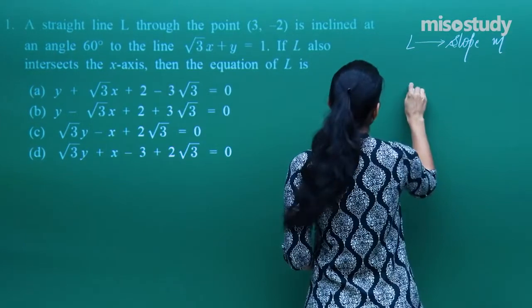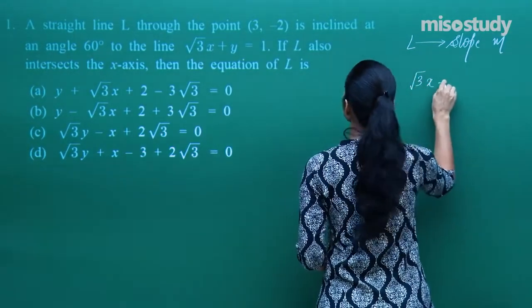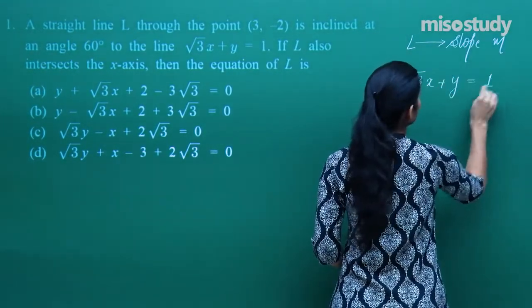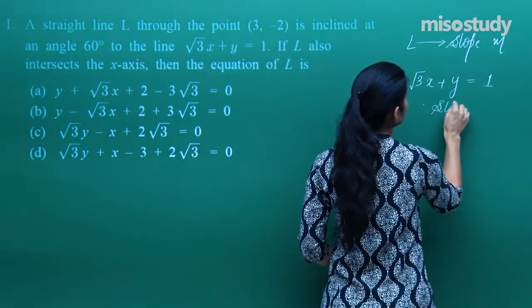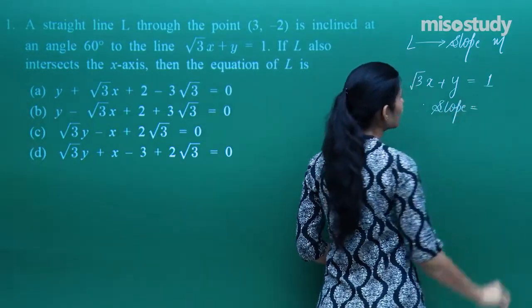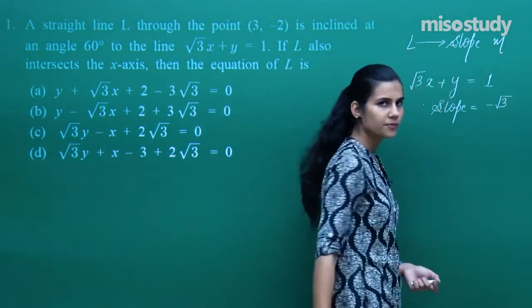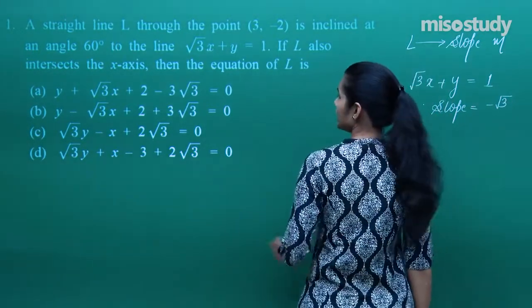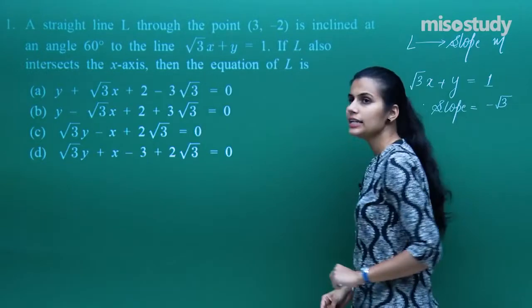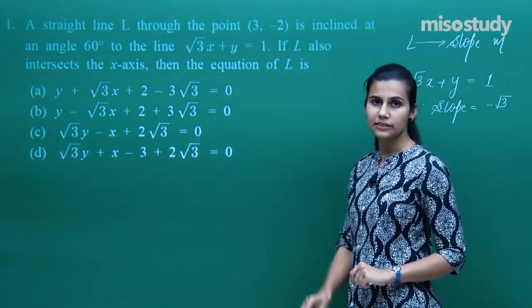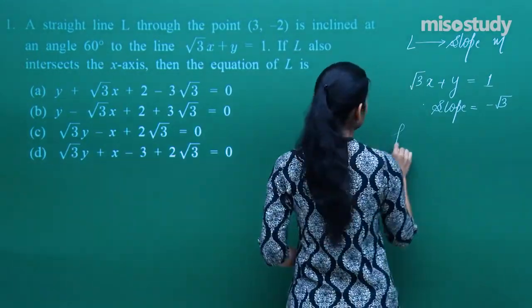And the other line which is given to me is root 3 x plus y equals 1. Therefore, its slope is what? Minus of coefficient of x upon coefficient of y, which is minus root 3. Now, if they are inclined at an angle of 60 degrees, that means both these lines are making an angle of 60 degrees with each other. So, I know that tan 60